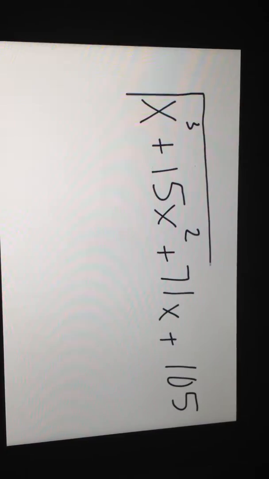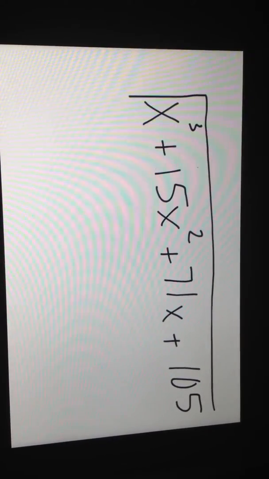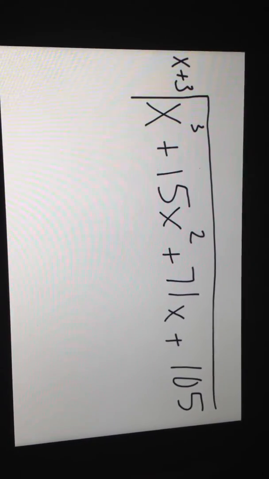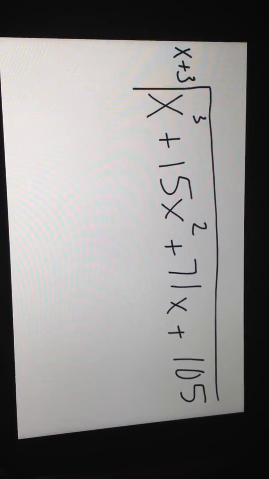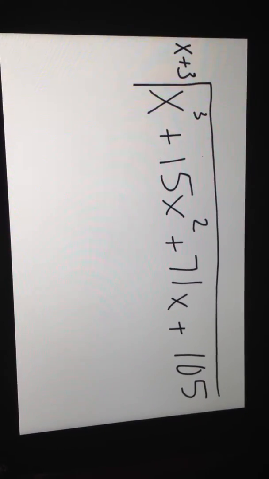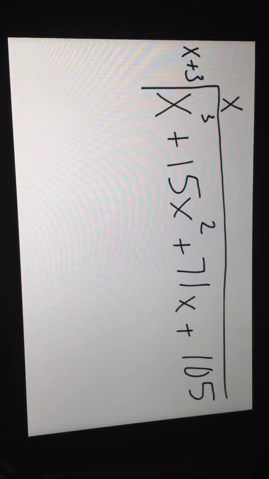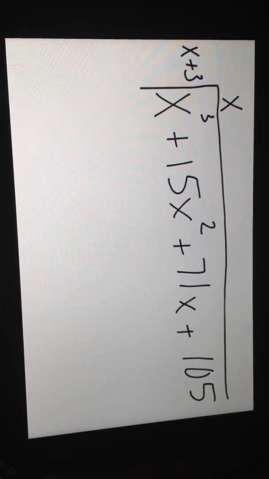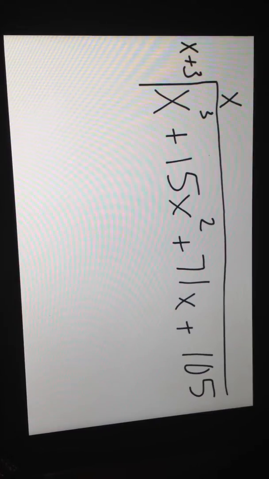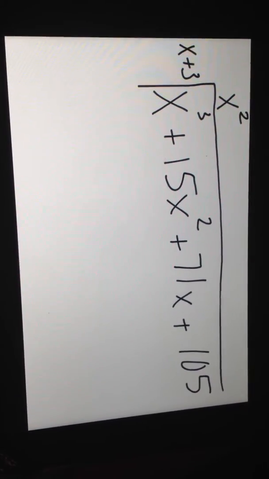Put a division symbol here and put the x-intercept solution on the outside. And now we divide it. What times x cubed equals x? What times x equals x cubed? It's x squared. So we have x squared